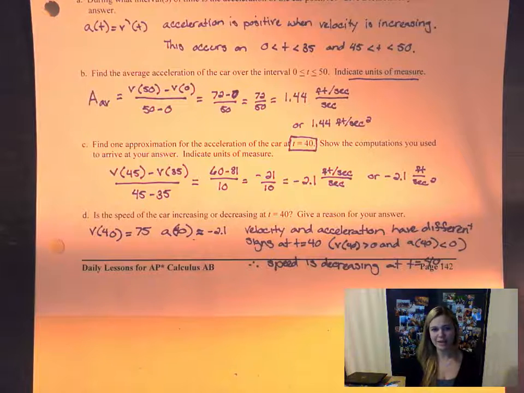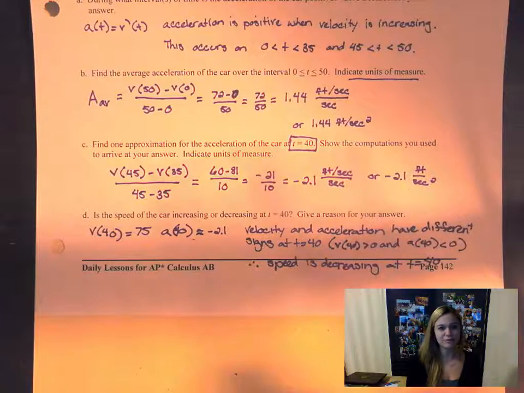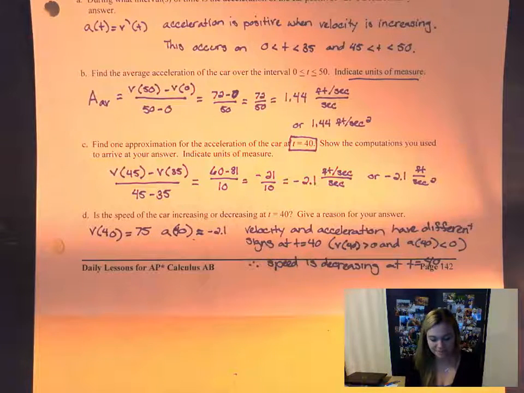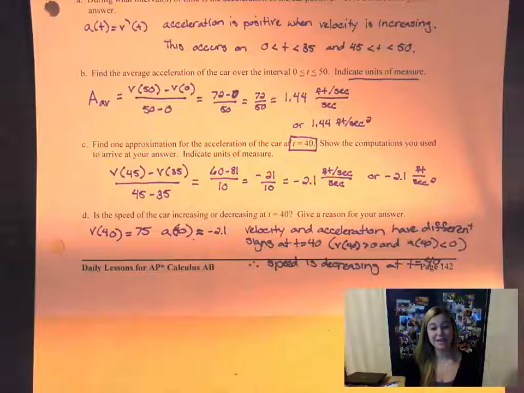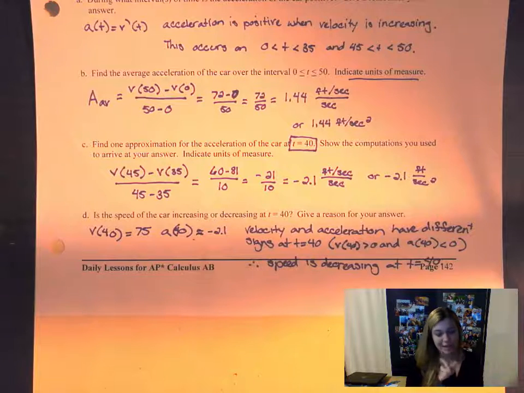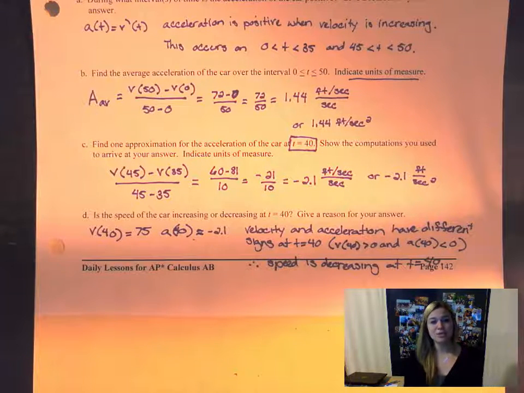So you don't have to explain everything, just showing your work is enough, and then at the end indicating units of measure. This is plenty of work to get you full credit on a problem like this. So this is average velocity, or average acceleration, I'm so sorry. Average acceleration is the rate of change over an interval of time of velocity. And if you want to make sure that you're setting up the right equation in the first place, the units are necessary to indicate in order to get full points, but it's also a good thing to just know